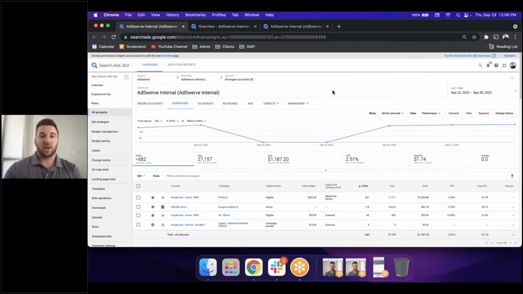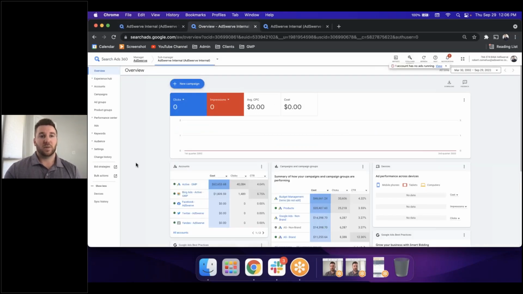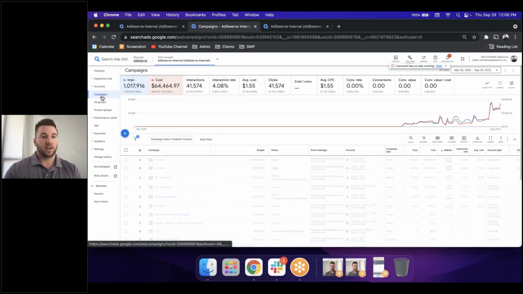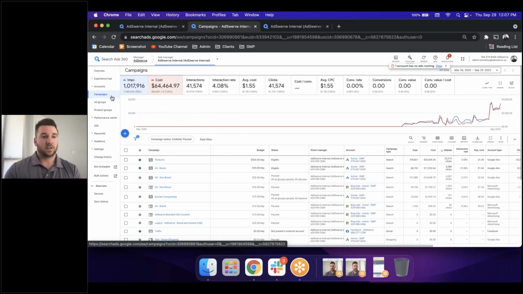So when you open your SA360 account, this is what you'll see. And like I said, you just need to click this little link in the top right-hand corner. It'll pull you to a page that looks like this. Again, it looks very similar to Google Ads. And then when we talk about navigating to our Performance Max campaigns, you'll just toggle down to this left-hand rail